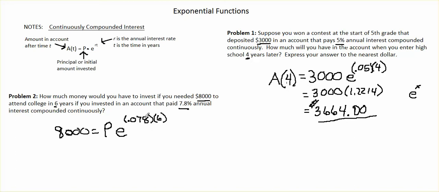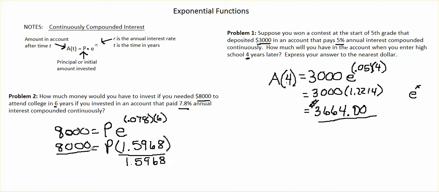So when we do this calculation, we're going to get $8,000, and e raised to this power is going to equal 1.5968. I rounded it to 4 decimal places, and then we're going to have to divide both sides by 1.5968 in order to figure out what we would need to invest initially to have $8,000 in 6 years for